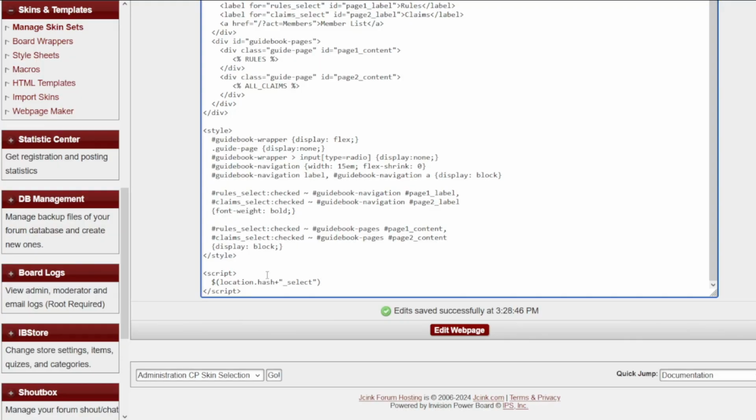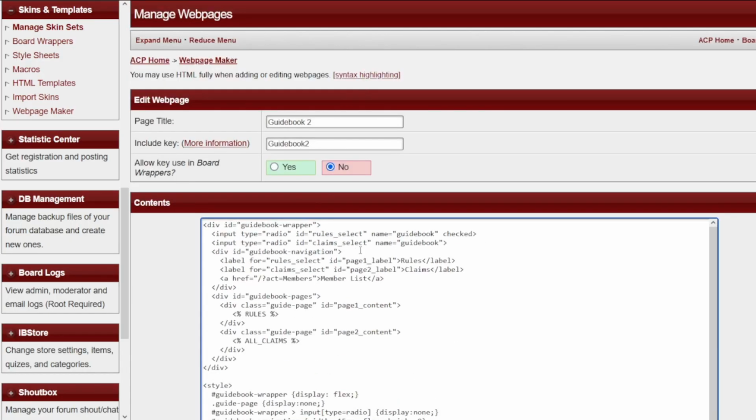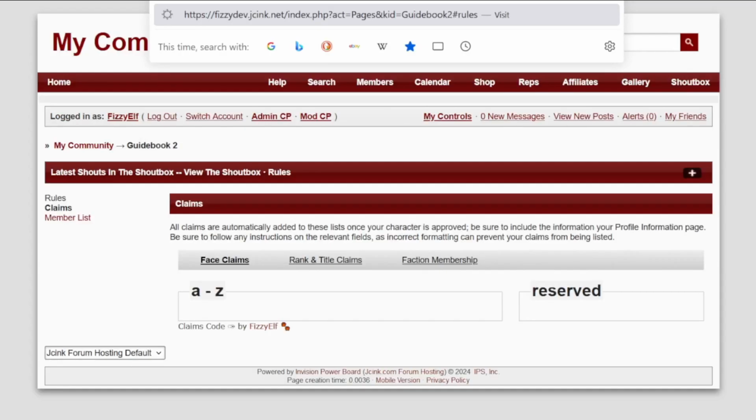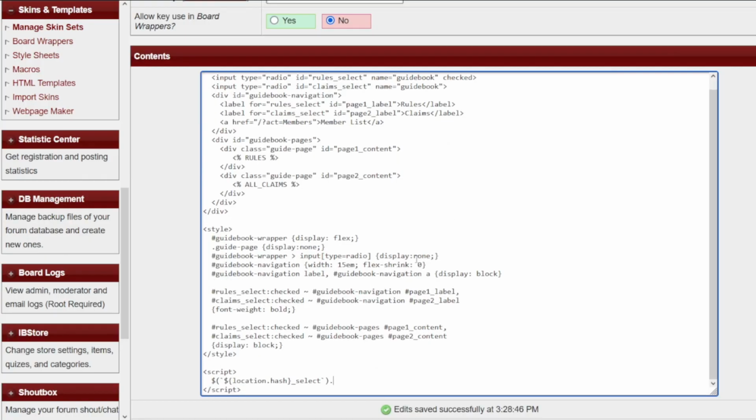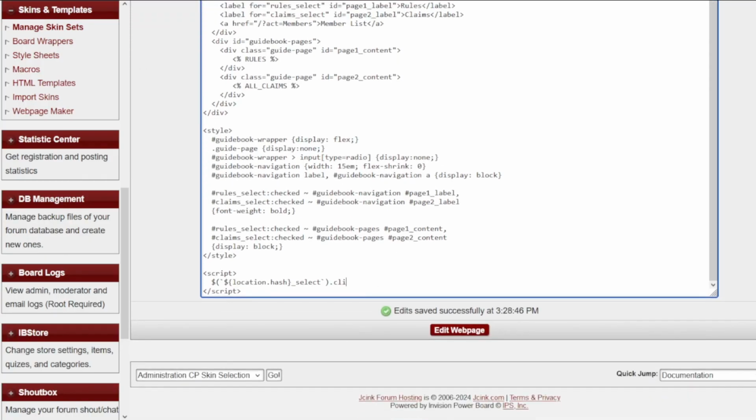It really doesn't matter which one you use. I'll probably use this one in the code that I have to be able to copy off of my portfolio, because this is the syntax that I normally use, but it doesn't matter which one you use. And what we're going to do is find the select radio button that's associated with the hashtag that we've added to the URL, and we're going to have JavaScript click it for us,